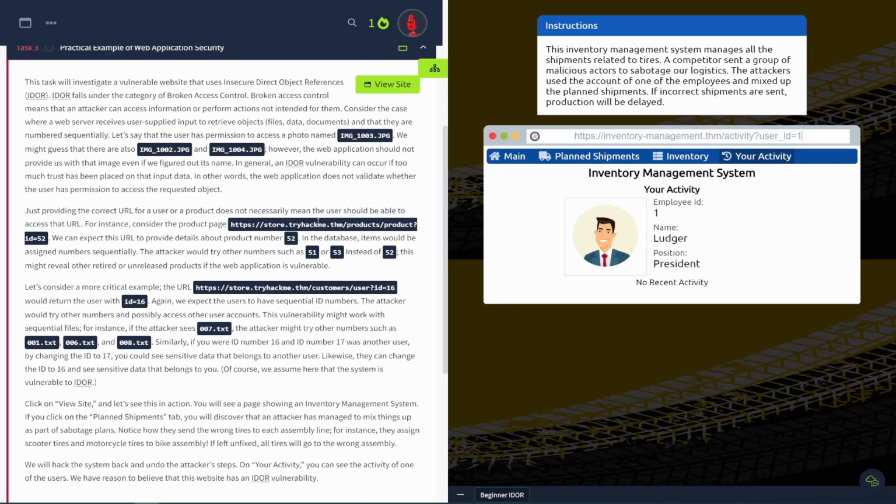Okay, so why is this broken access control? Because I should not be able to access other employees. I should only be able to access myself. And this is called insecure direct object reference, because they are insecurely referencing this object, which is the employee ID. And because they're doing it in an insecure manner, I can change it. So I can go through all sorts of different employees. Oh, there's no employee with ID 5 or 4,